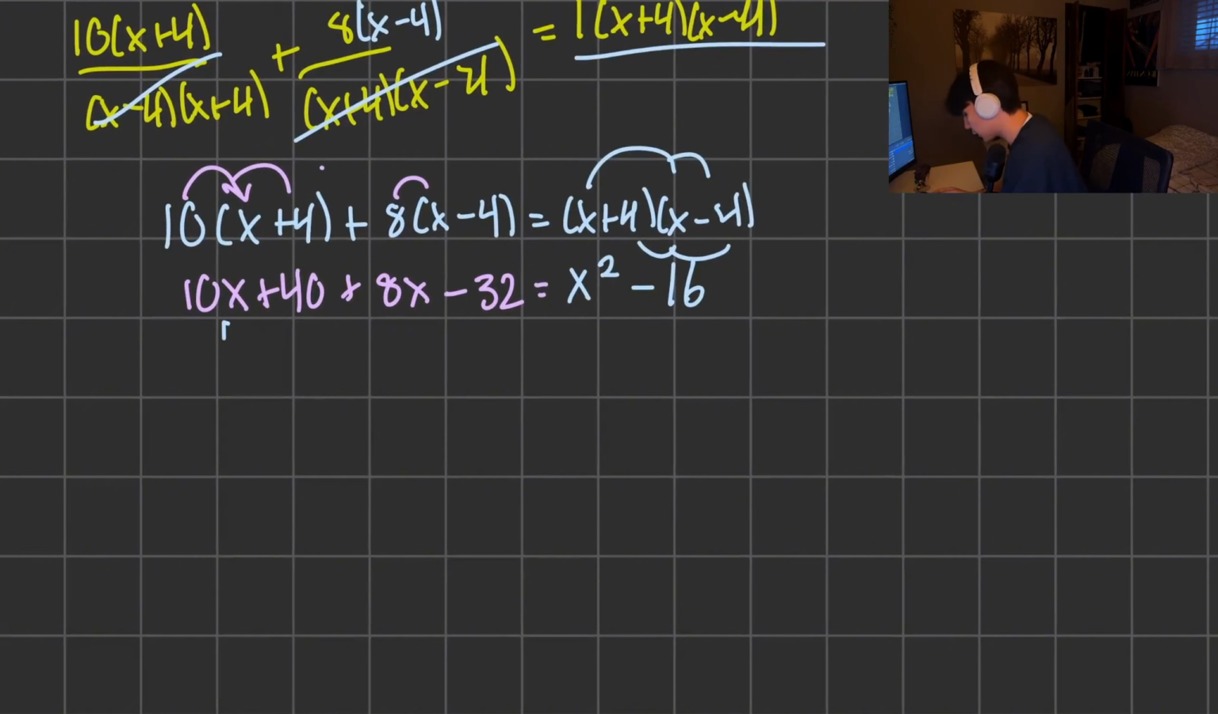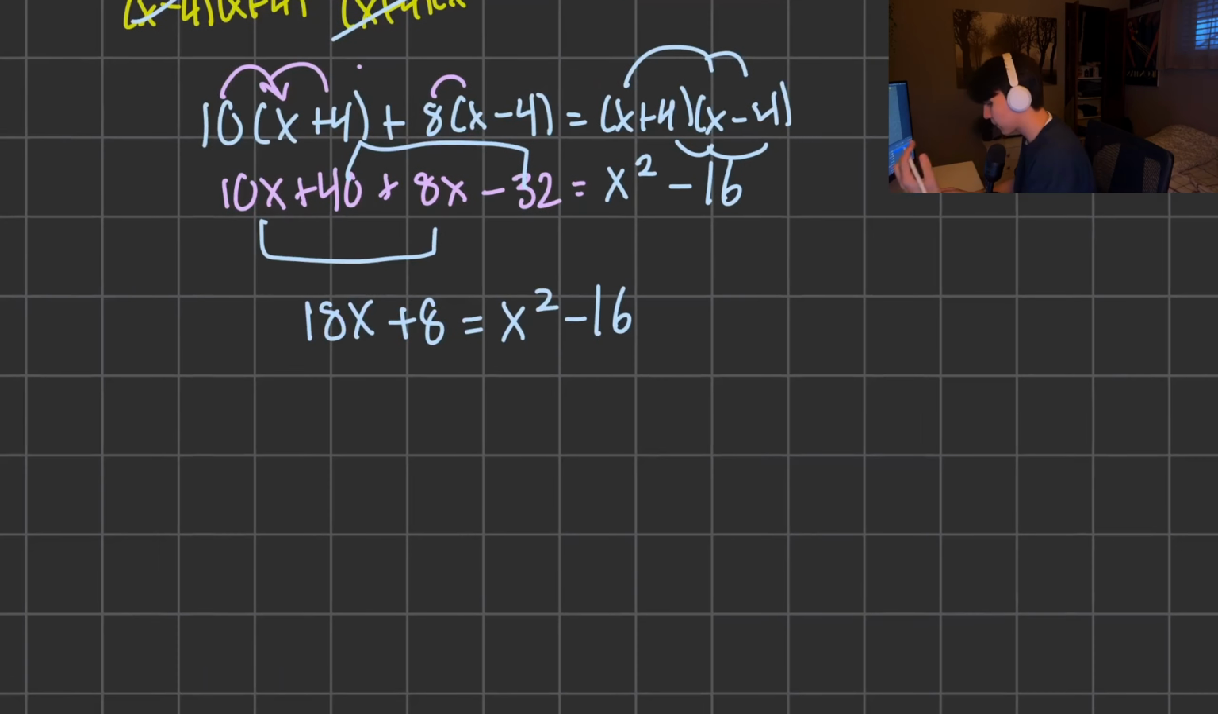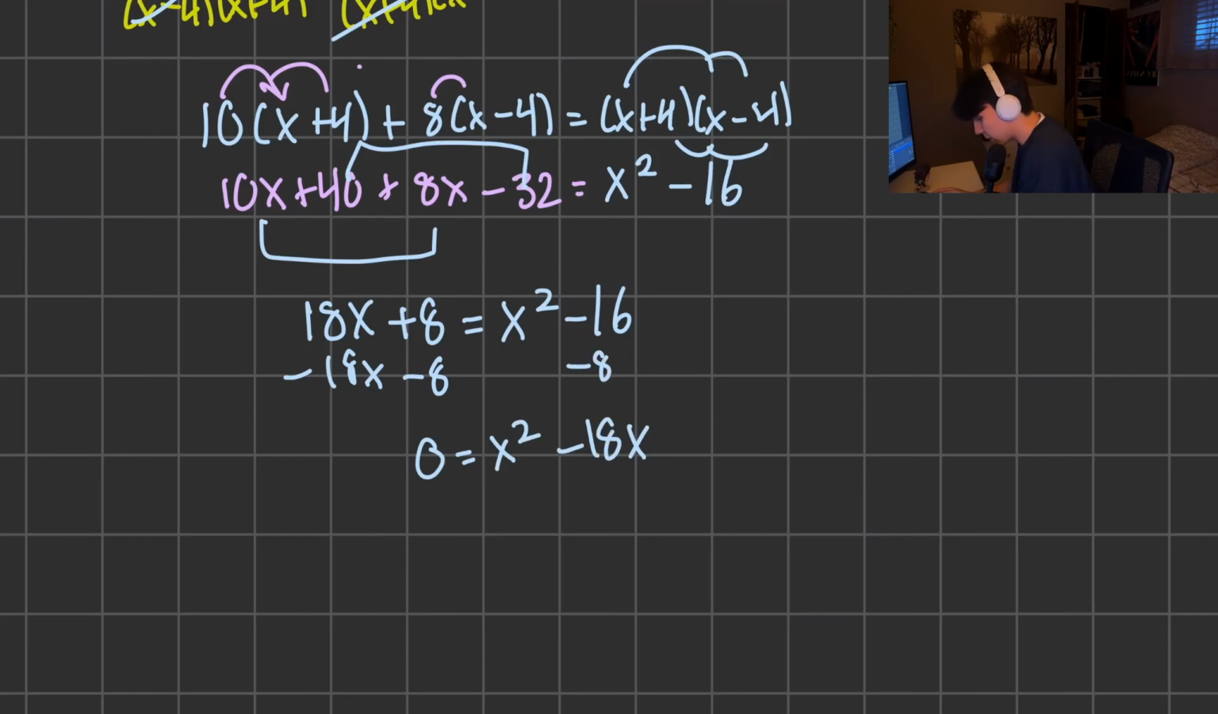Now all we have to do is just collect like terms over here. So we get 18x plus 8 if we collect this here, and is equal to x squared minus 16. Now we can move everything to one side. So I'm just going to move this x and this 8 by subtracting both. 0 is equal to x squared minus 18x. And if we're subtracting 8 here, then we're going to have minus 24. And now what this is going to be simplified to is